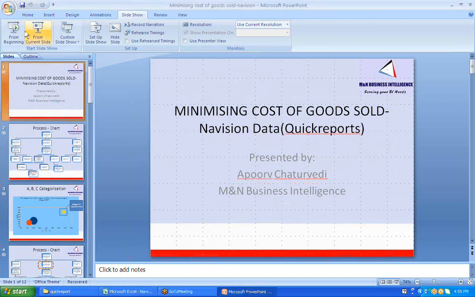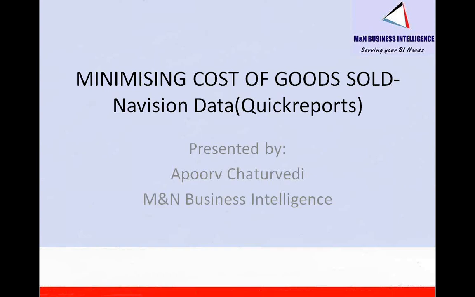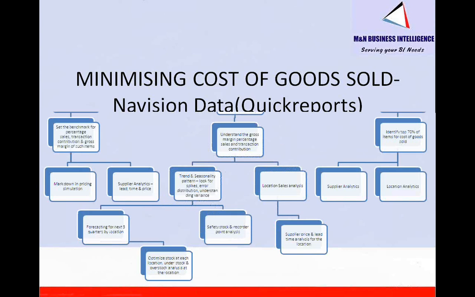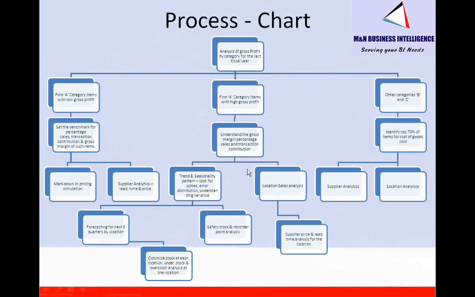Hello, welcome to our presentation on minimizing the cost of goods sold using Quickreports using the Navision data. So this is the flowchart which we will follow. We will look at the analysis of gross profit by category for the last fiscal year. Look at category A items with low gross profit, category A items with high gross profit, and other B and C category items. For category A items with high gross profit, we will look to understand the gross margin percentage, the sales